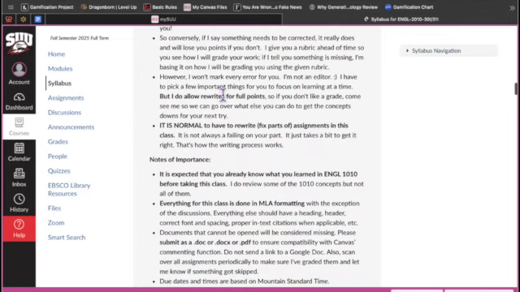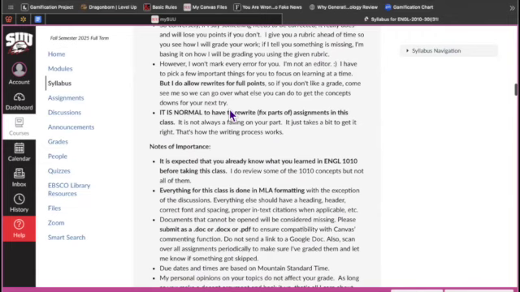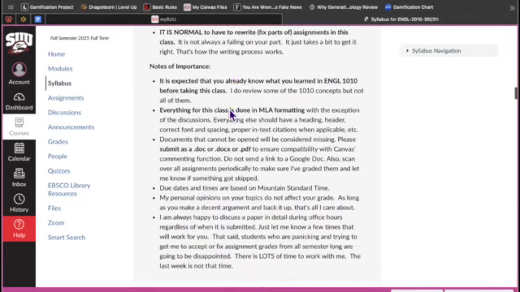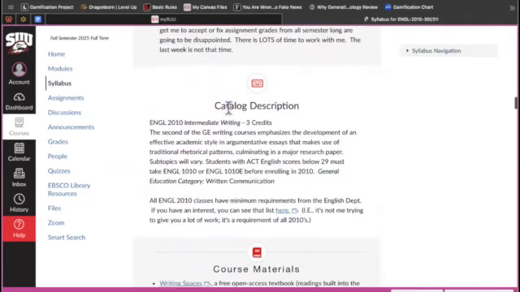I get a lot of emails begging me for rewrites or to turn in work late. Well, I already accept work late without a penalty and I allow rewrites on almost everything. So if a student asks me that, I know they didn't read the syllabus. So go check the syllabus before you ask your professor a question. We don't mind answering questions, but we have it there for you. So do that. And then there's some notes on mine that are helpful.